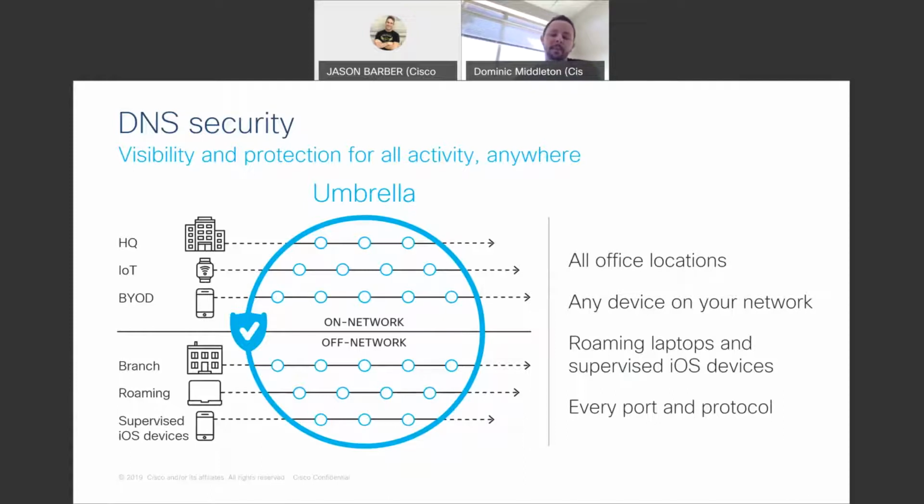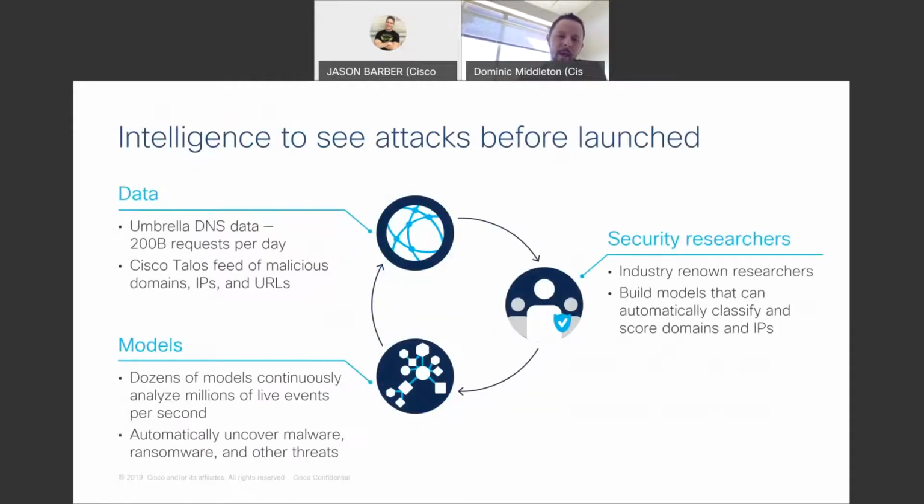But threats that might be coming across IoT devices in my home network, we're going to catch that. Threats coming across our network traffic at the branch office or HQ, we're going to catch that as well. So this is the foundation for any traffic going back and forth north-south between myself and my business applications or the internet. We're going to be right there looking for threats that might be trying to make their way in. So it's super important as a foundational security piece for the SASE conversation.